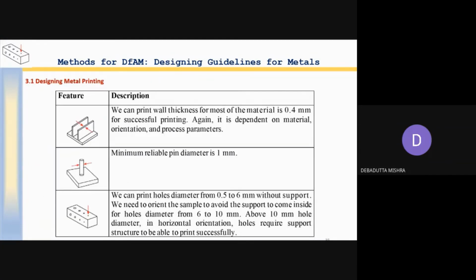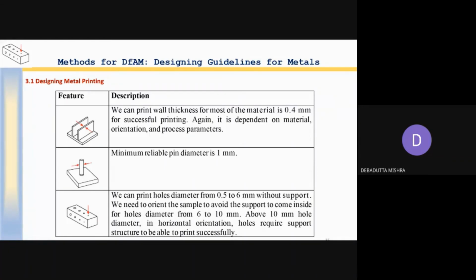These are some guidelines. The guideline is that we can print a wall thickness for most metals of 0.4 mm. This is a thumb rule, you can say. But again, this is dependent on the material, orientation and other process parameters. Another rule is that the minimum reliable pin diameter is 1 mm.